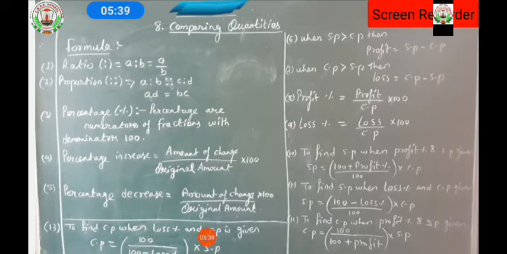When profit is there, हमको profit कब होता है, जब हमारा selling price cost price से बड़ा होता है, तब we are having the profit. In the same way, the next formula we are having, when CP greater than SP, then we are having loss. It means that when we are going to purchase a pen at 100 rupees and we are going to sell it at a lower amount, that means 80 rupees.